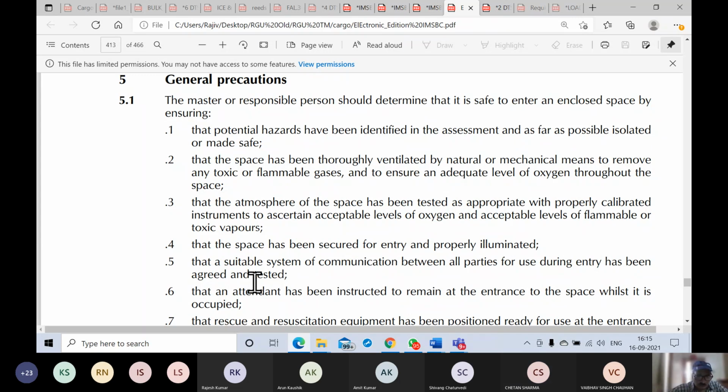Well, I will agree with you what you're saying, that although one thing is certain, that person who has gone inside is signaling for help, therefore it clearly indicates something is going wrong. But if these persons who are standing by to assist have also been involved in carrying out an RA, then maybe they can go without filling up the form again, provided they were involved in the form. To save time, that's all, to save time.